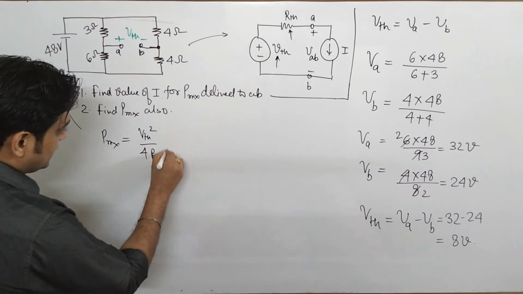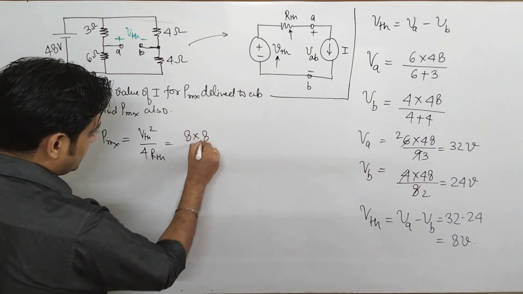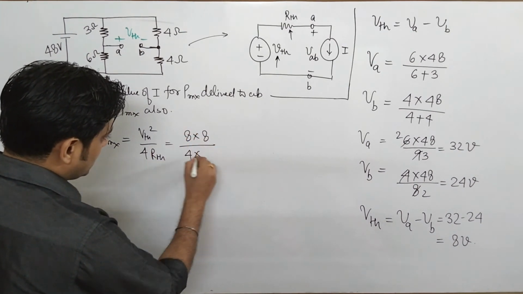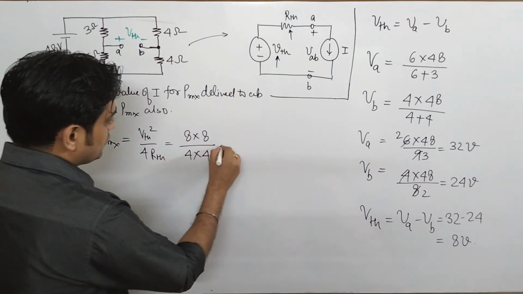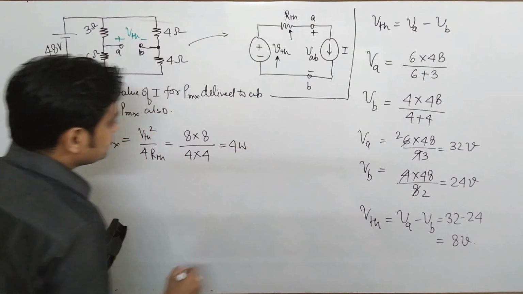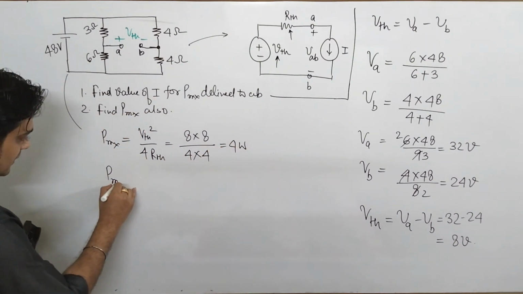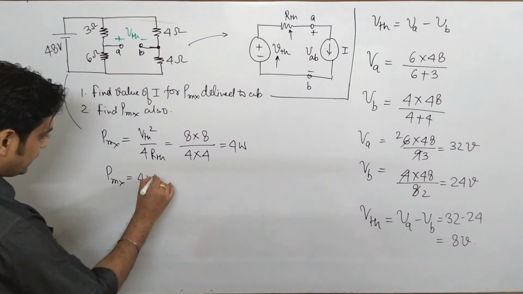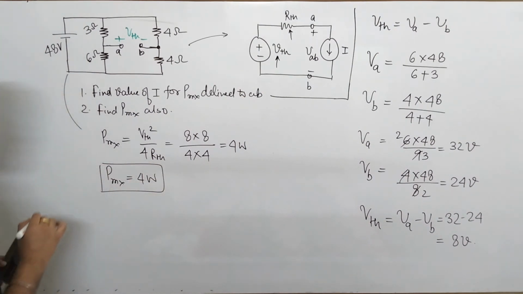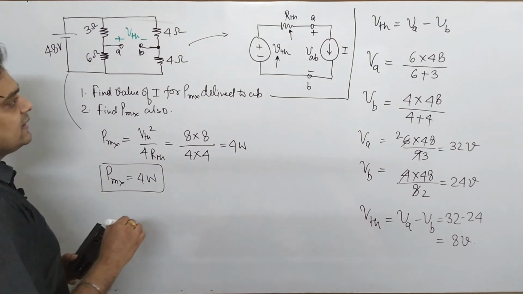So that comes to be, VTH is what? It is 8 into 8 divided by 4 into RTH, which is 4. So that comes to be 4 watt. So here maximum power P max comes to be how much? 4 watt. Okay. Now to find the value of I, please see,